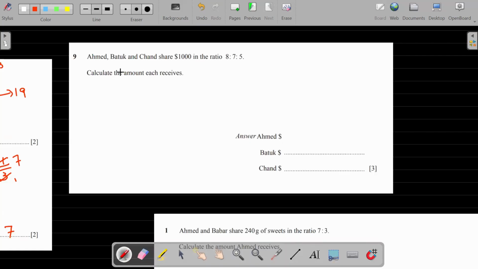इट सेज दैट अहमद बतुक एंड चांद शेयर्स $1000 इन द रेशियो, ओके। फर्स्ट स्टेप क्या है रेशियोज को सॉल्व करने का, स्टेप 1,